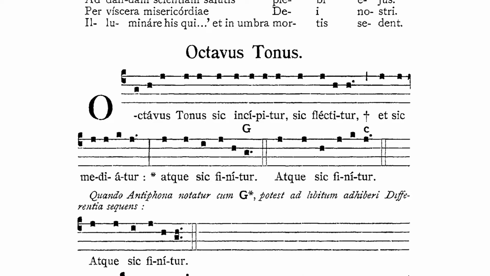Octavus tonus sic incipitur, sic flectitur, et sic mediatur, atque sic finitur. Or you can have atque sic finitur. And lastly, atque sic